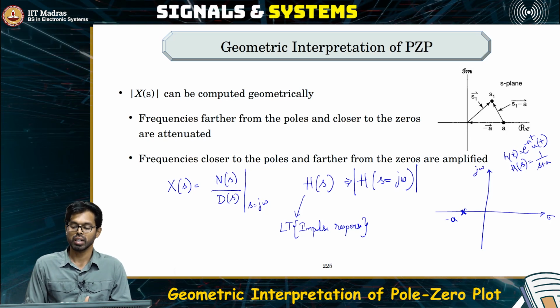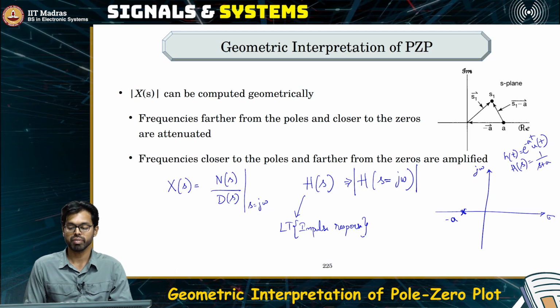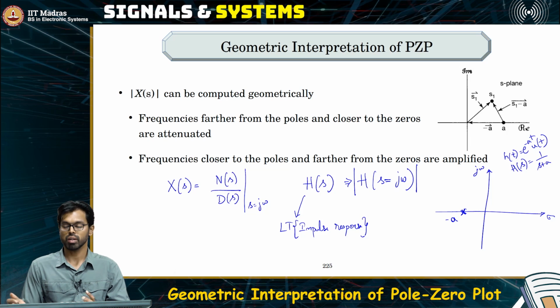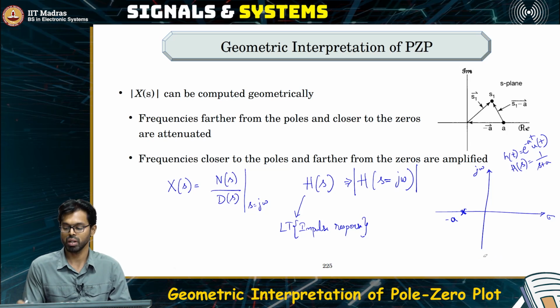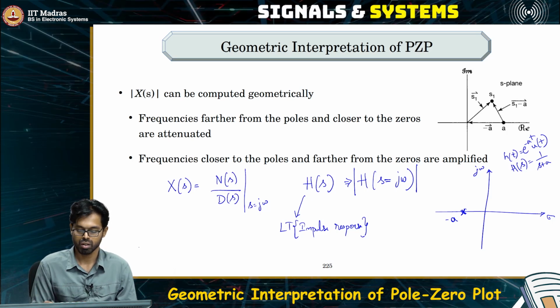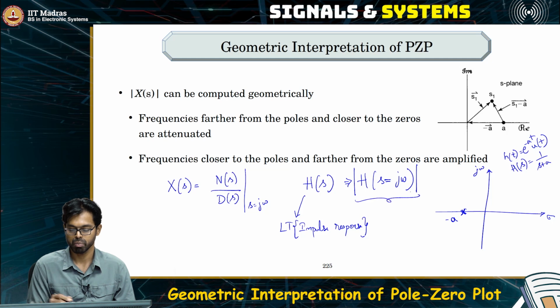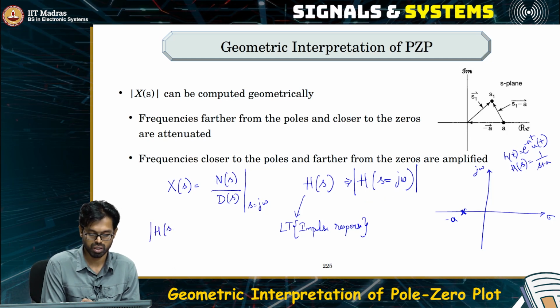Now, we already know that this RC behaves like a low pass filter, but we identified that through a lot of analysis. But let us say somebody just gives you this pole zero plot. Just by looking at the pole zero plot, we can say that this is actually a low pass filter. So, how do you compute this magnitude of the frequency response? So, if somebody asks for this,